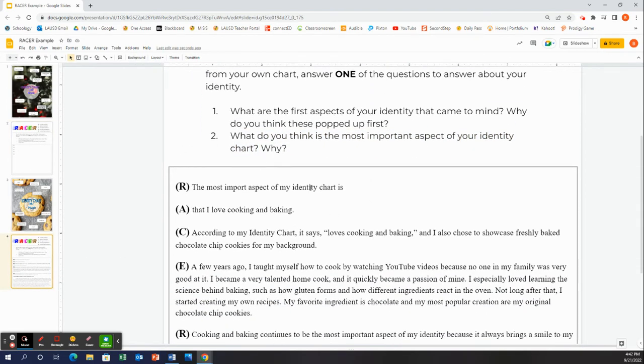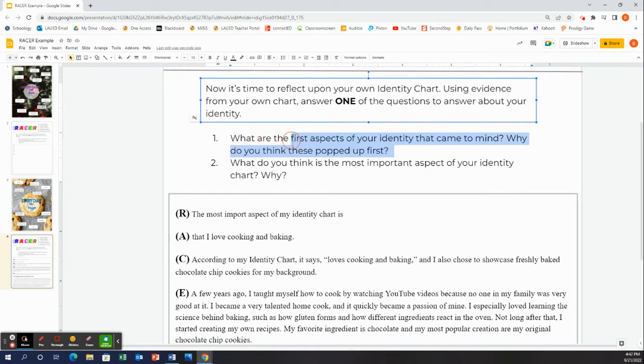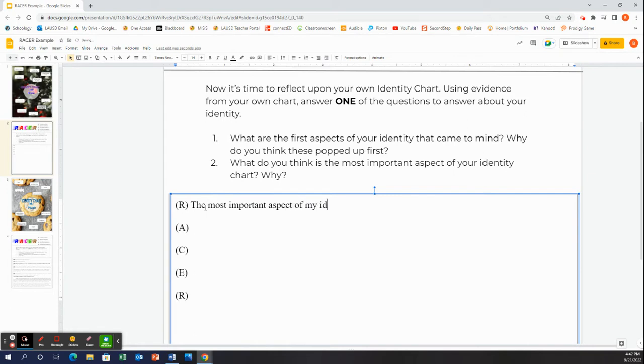So I'm going to use that as an example. Now, look, I wrote "the most important aspect of my identity chart is." So you see here, what do you think is the most important aspect of your identity chart? That's my question words. Then this is where I start. The most important aspect of your identity chart, you're going to say "my." So let's write that. I'm going to say, the most important aspect of my identity chart is,